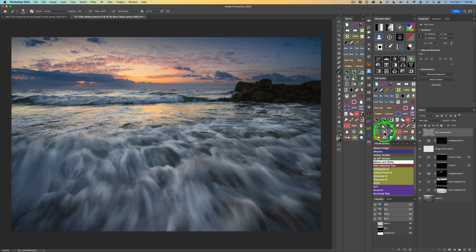Now we're going to come here and grab a dodge tool. I'm just going to use 50% gray. I'm going to click on the left side. Now I'm at 10%. I'm going to go down to a really low opacity because we have no selection to help us control ourselves. So I'm going to do a 0.5, and that gets me 5%. And now again, I'm going to start this out with a nice small brush,